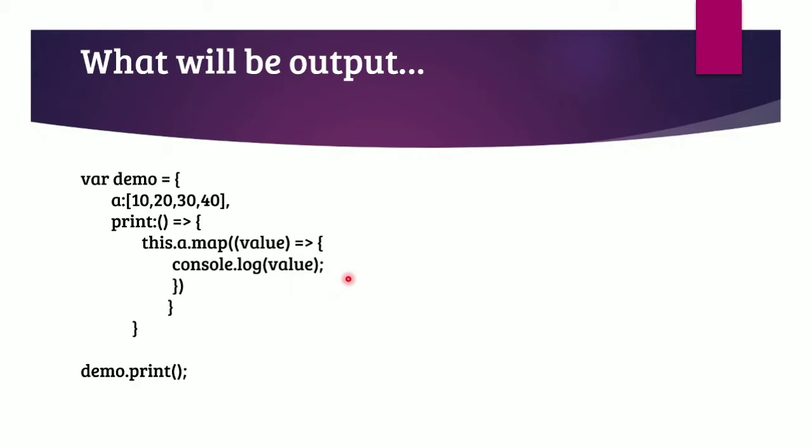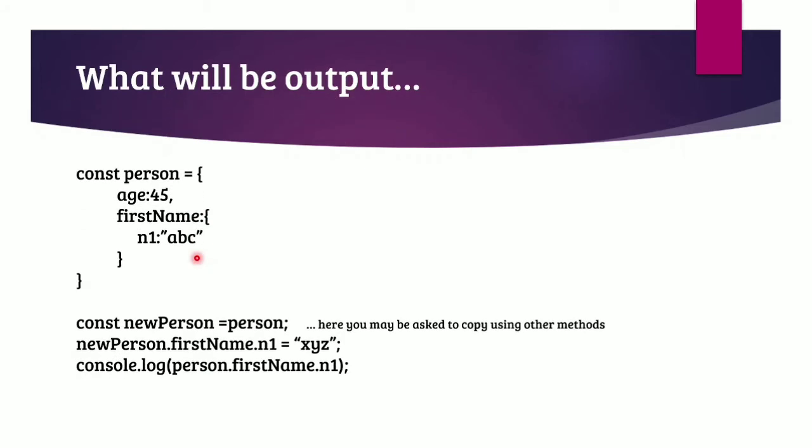But if we change this particular arrow function with a normal function, that means print colon function and then a pair of parentheses, and we remove the arrow function symbol, then yes, we will get an output of 10, 20, 30, 40. With this proper explanation, we can impress an interviewer that even if it is not able to print something, we can show what extra we can do to get our answer. Now the next thing will come.